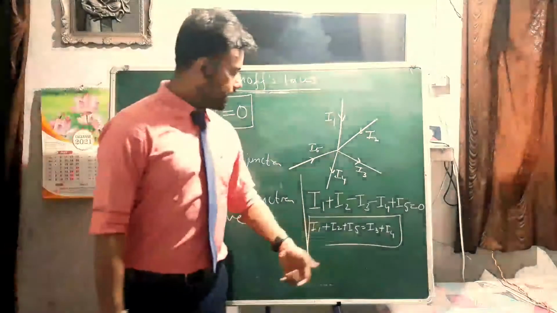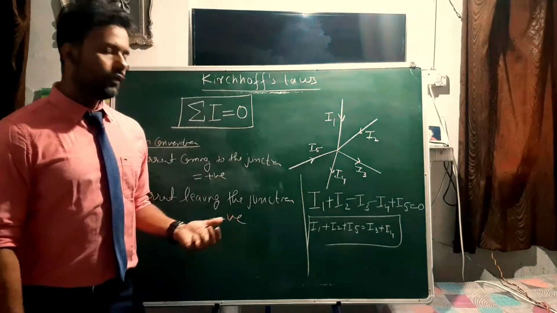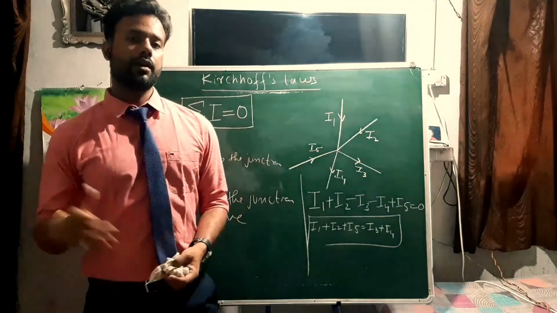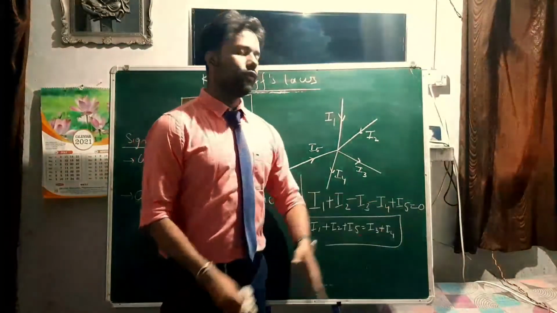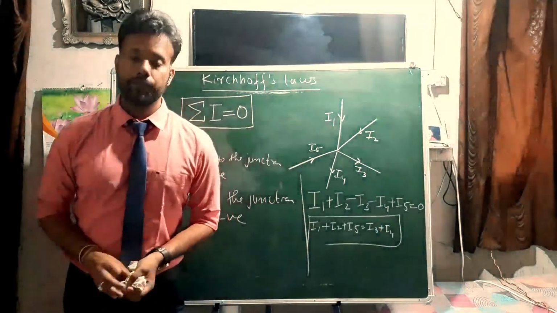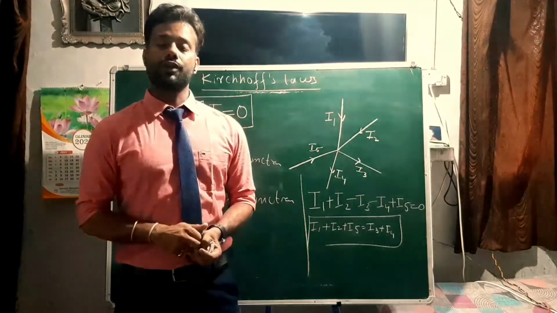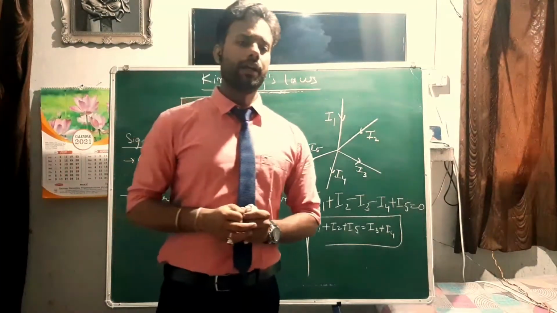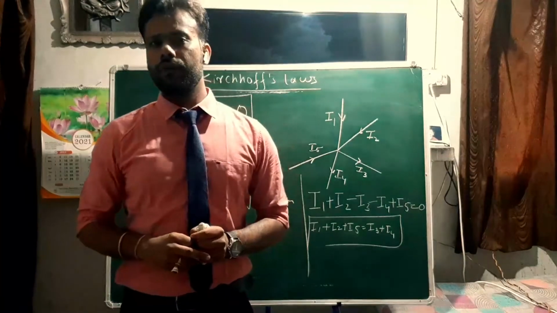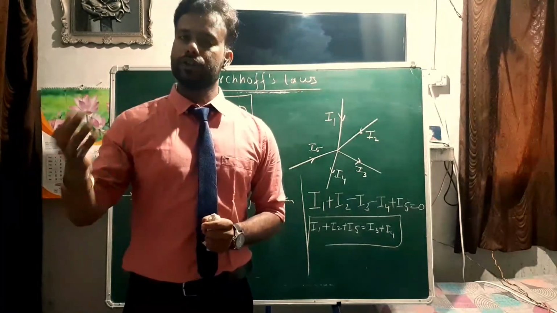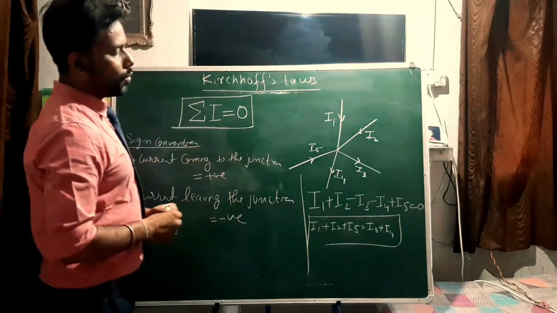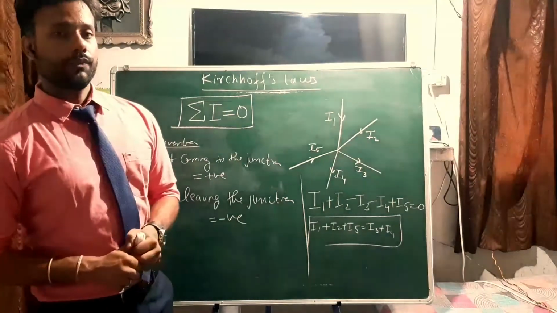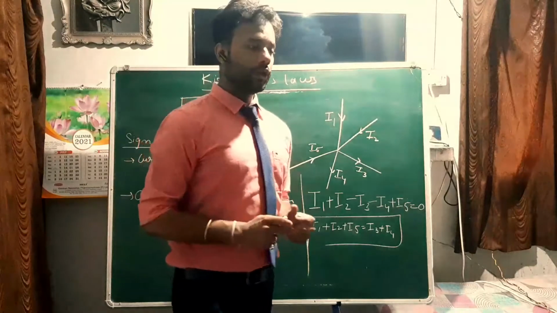Now can you see what you can observe from this equation? You can see that I1, I2 and I5 are the currents coming toward the junction, and I3 and I4 are the currents going out of the junction. So this equation states that in any electrical circuit, the current coming to the junction is always equal to the current going out of the junction, right? So this is also one equation, or we can say one statement, of Kirchhoff's current law. So I hope you understood this part.